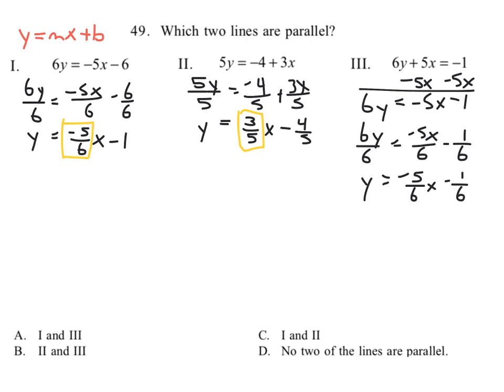And when we mark the slope on this one, the slope is the coefficient of the x term. We find that lines 1 and 3 have the exact same slope, and so therefore lines 1 and 3 are the lines that are parallel. And the answer then is A. Okay, lines 1 and 3 have the same slope, and therefore are